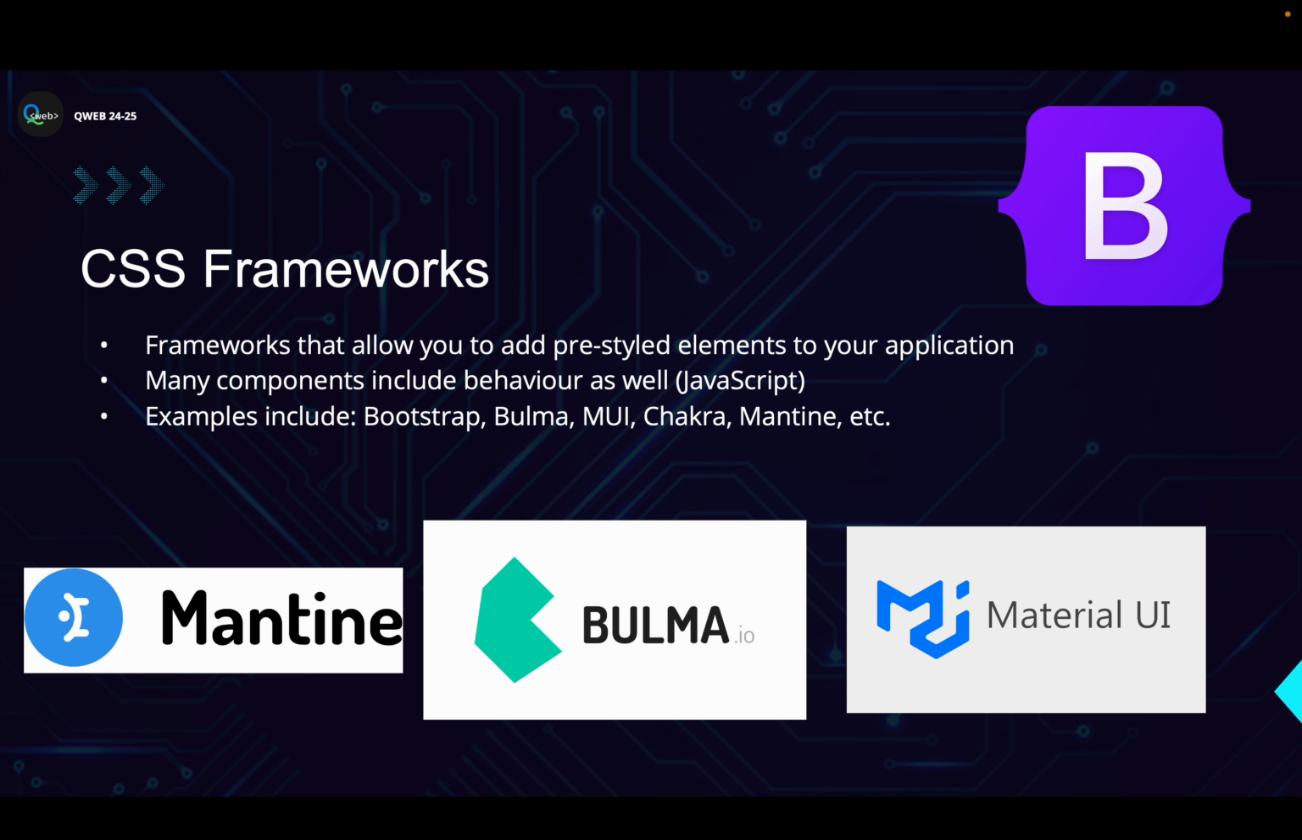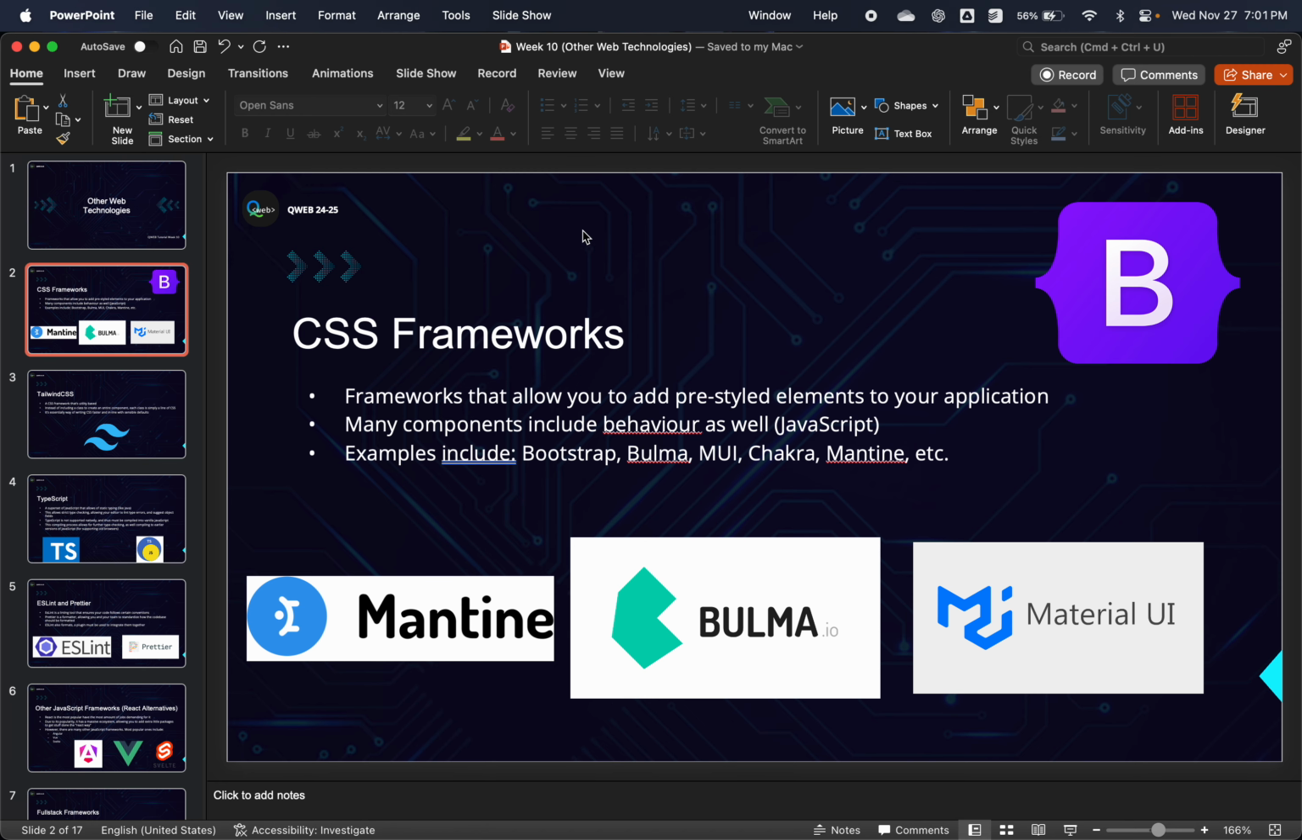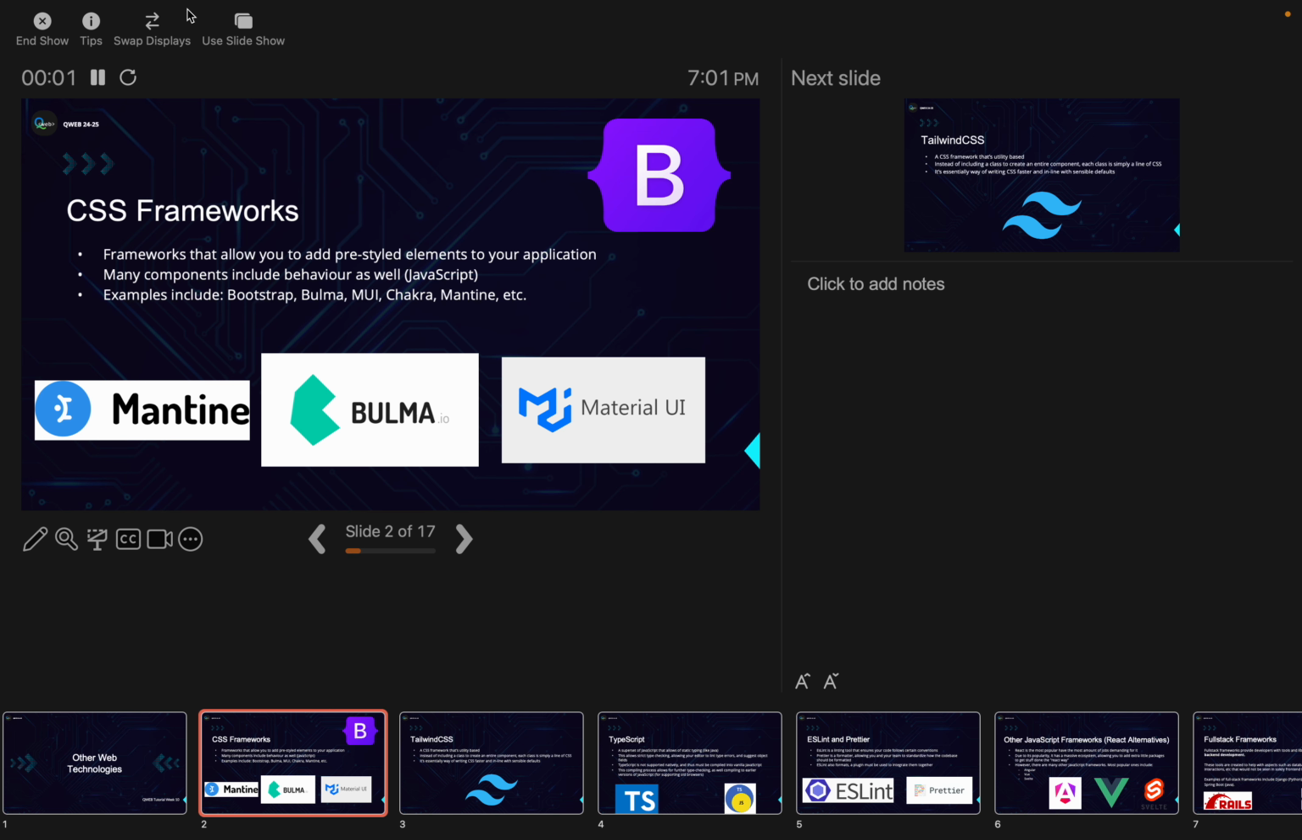There are lots of examples like Bootstrap, Mantine, Bulma, MUI, Material UI. They all are essentially styled components. So what they do is you install it first, and you add a class to your tag, and then it will have pre-styled components for you. So for example, if I go to the popular one,